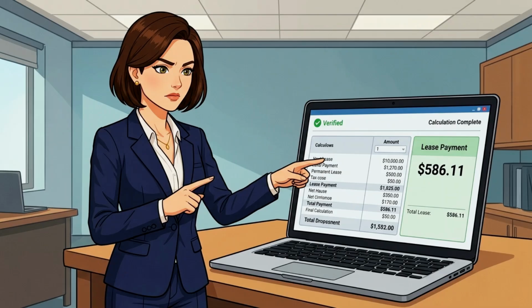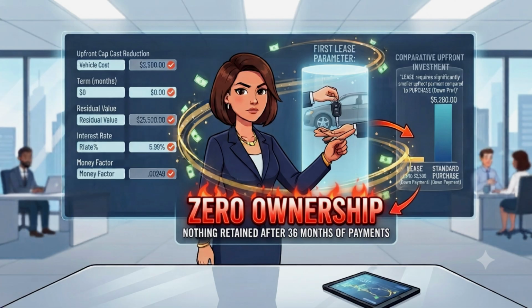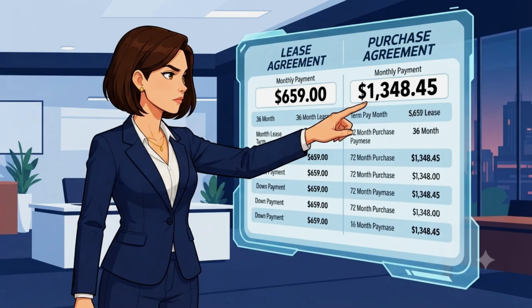Monthly payment works out to $586.11. Over 36 months, plus a $395 disposition fee and the opportunity cost of that upfront payment, your total cumulative outflow is $24,557.50. At the end of 36 months, you hand the keys back. You own nothing. On the purchase side, $5,000 down payment, 5% APR financing, monthly payment of